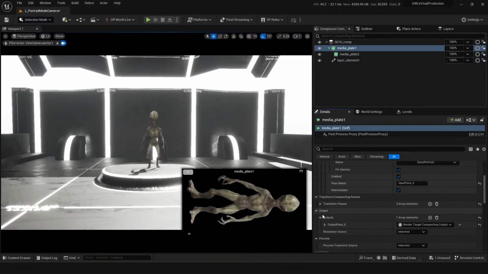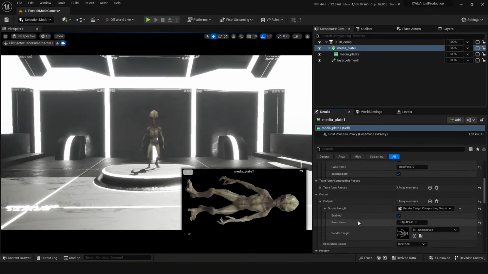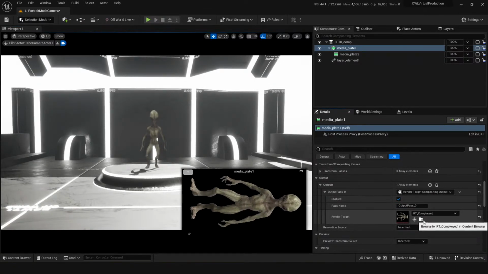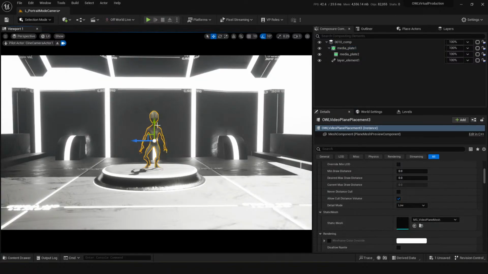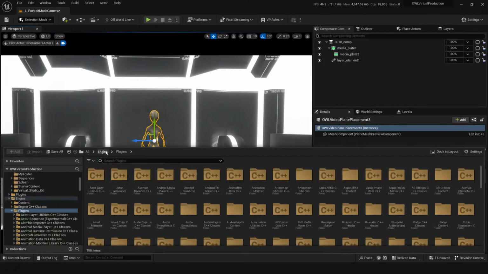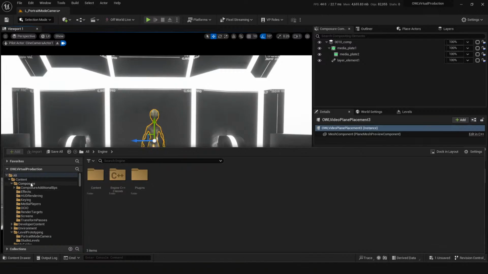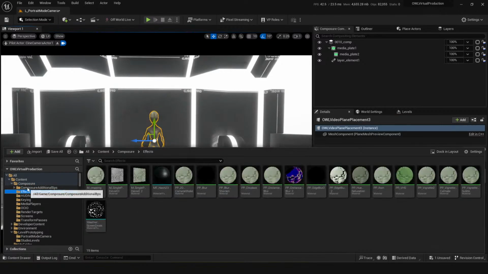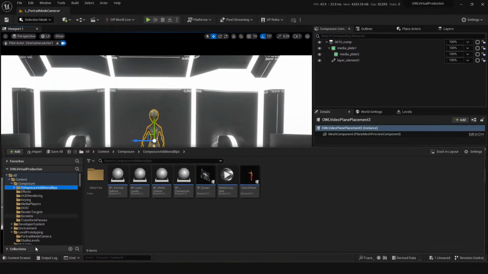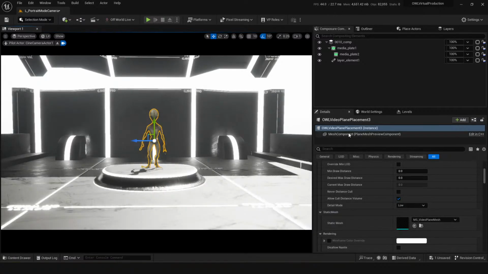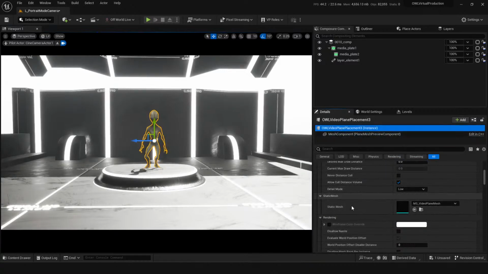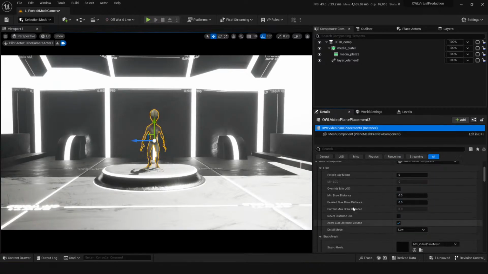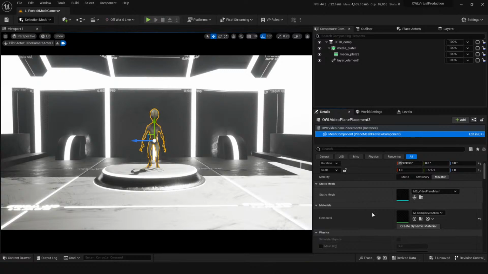And then this is outputting to a render target, which is going to this material, which is my in-game CG version of this same piece of footage. You can find the material in the mesh component material.